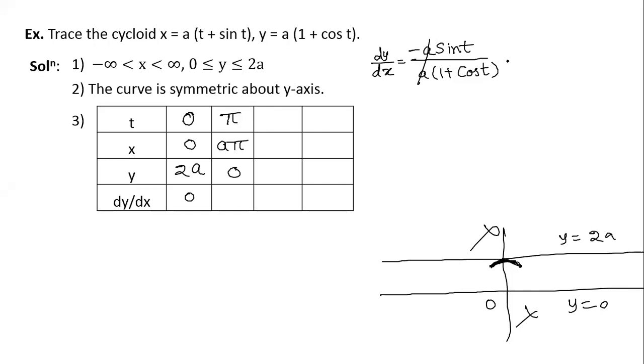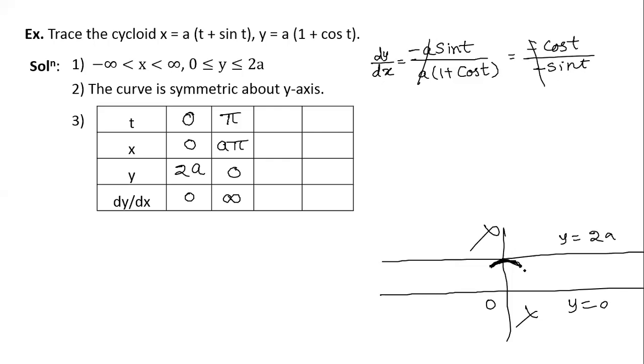And what is dy by dx? So here dy by dx is sin pi divided by 1 plus cos pi, with sin pi being 0, that is a 0 by 0 form. So in that case, what you have to do? You have to take the derivative of this. So that will be, by L'Hospital's rule, minus cos t upon minus sin t. So the minus signs cancel, put t equal to pi, cos pi is minus 1 and sin pi is 0. So dy by dx is equal to infinity, plus or minus really doesn't matter.